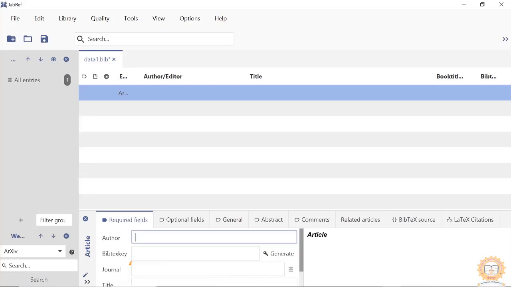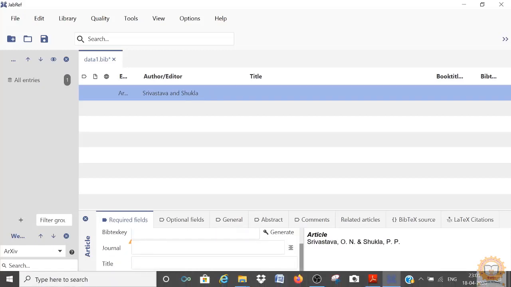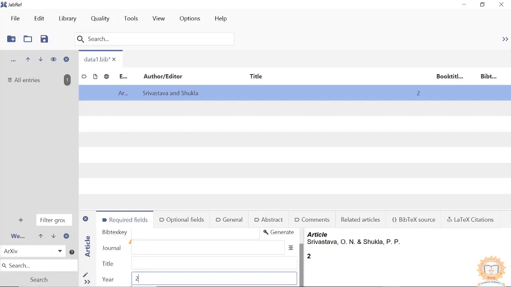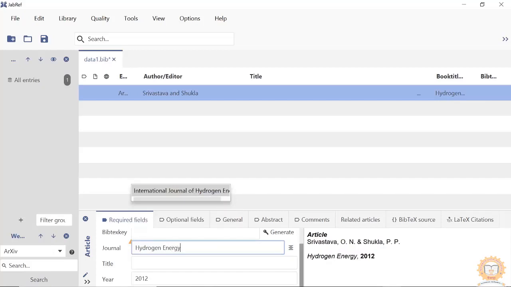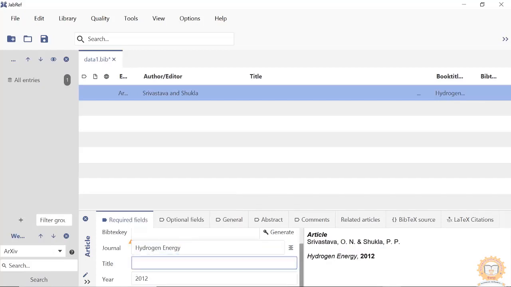So you type the name of the authors. Okay. Omkar Nath Srivastava, like this, and you give a year of publication, 2012, journal's name, okay, International Journal of Hydrogen Energy, title of the paper, okay, how to store hydrogen more efficiently.